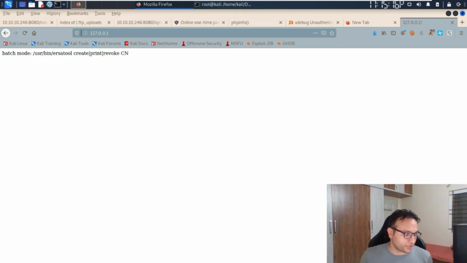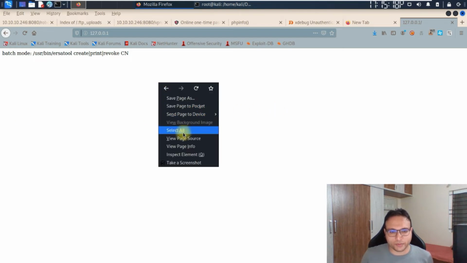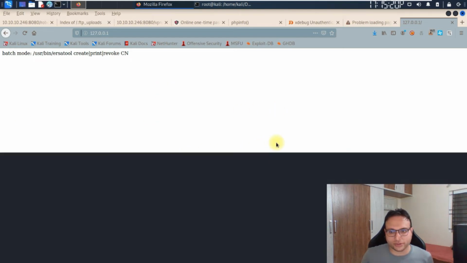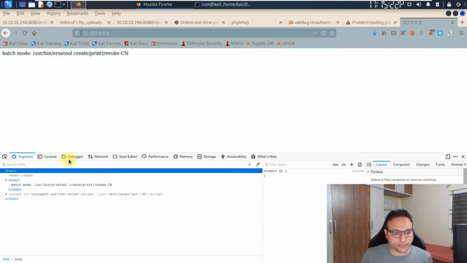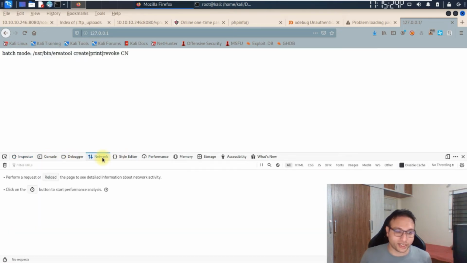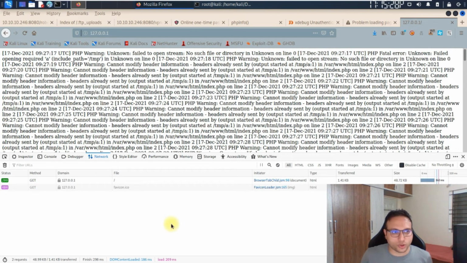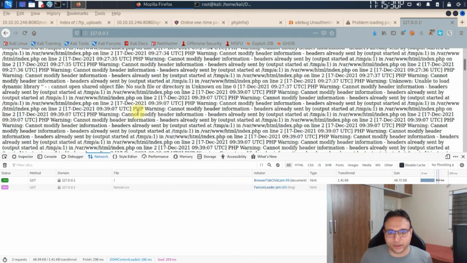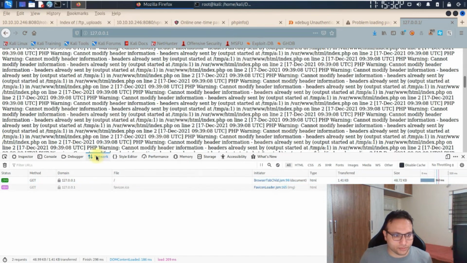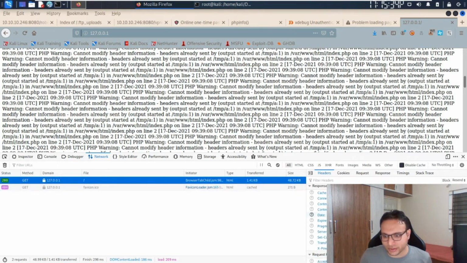Now we'll go further, and I'll try to open the inspection section also, so that I can figure out whether there is any other possibility we can look around for. Wait for a time. Let me try to access this section.